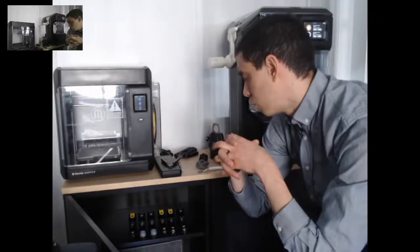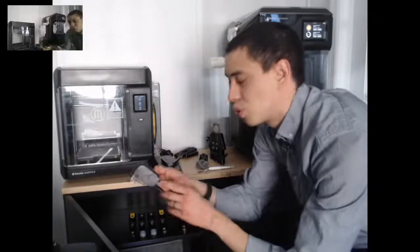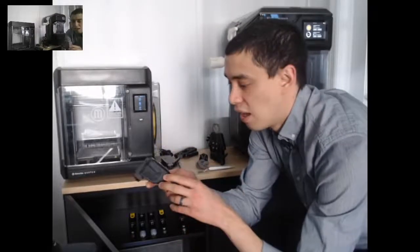So it's important to keep that in mind and to make sure that the extruders are as clean as they can be. And the easiest way to ensure that is just to have dedicated tool heads. It's just going to give you much more peace of mind. You can of course have a Labs extruder and run every single material through it. That's of course an option, and that's an alternative. I personally think that's not great,